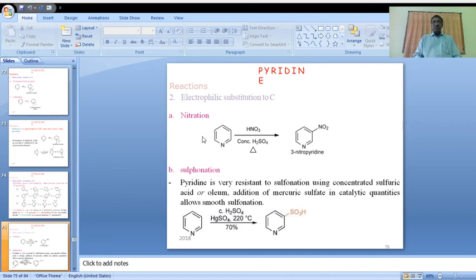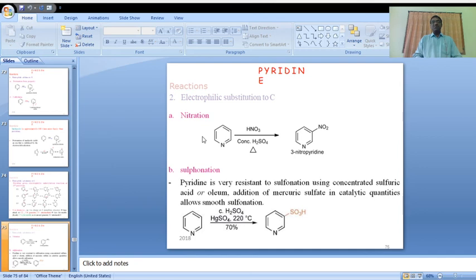Pyridine ring on reaction with nitric acid in presence of sulfuric acid, concentrated sulfuric acid, H2SO4 and HNO3. Heat the reaction mixture to form